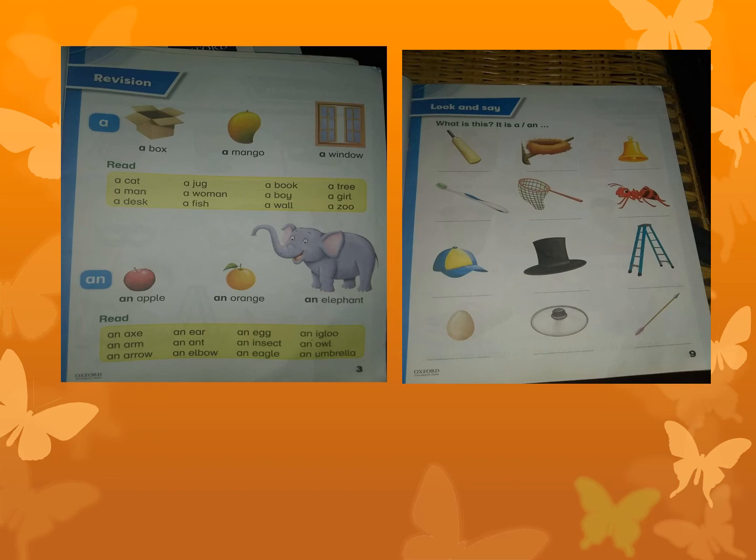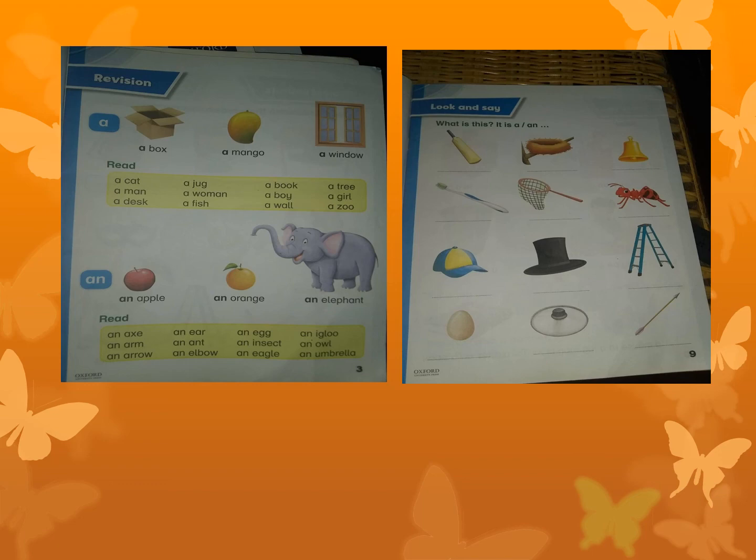A cap, a hat, a ladder, an egg, the beginning is a vowel sound. Okay, so the beginning sound is a vowel, so we are using an. A lead, an arrow, the beginning sound is a vowel, so we are using an.